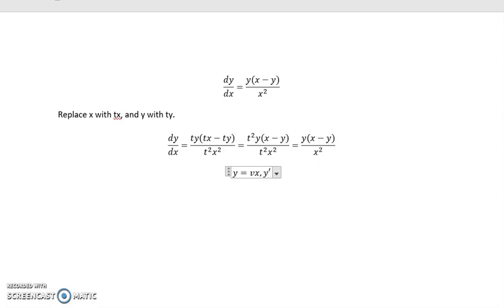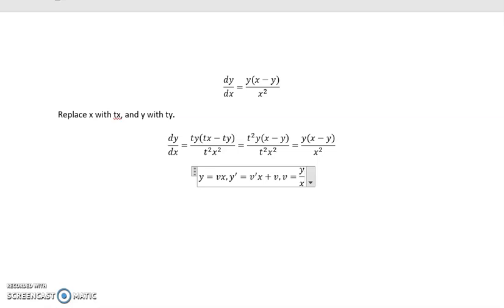So y prime, so dy dx, is going to become v prime x plus v x prime, but the derivative of x with respect to itself is 1. And then the next thing that we're going to need later on is solving for v in terms of y,